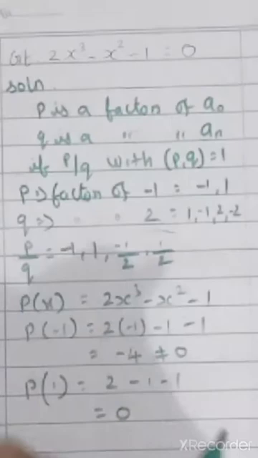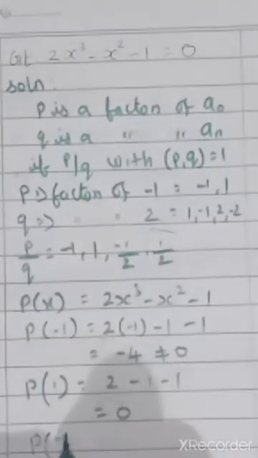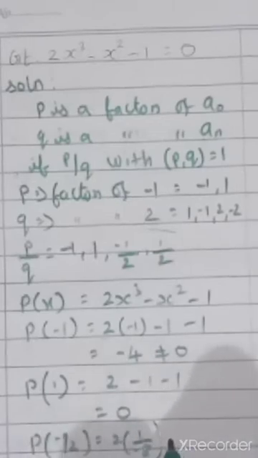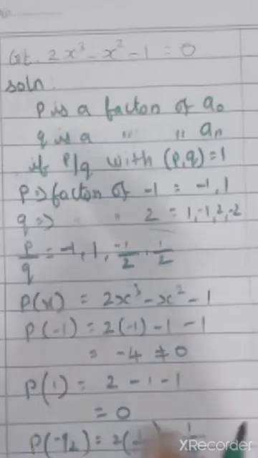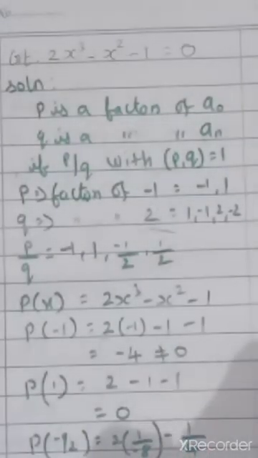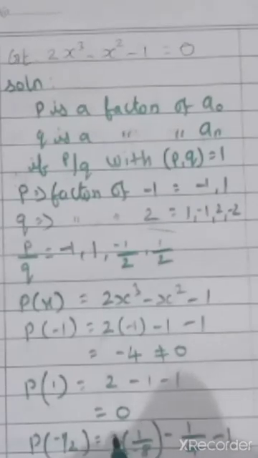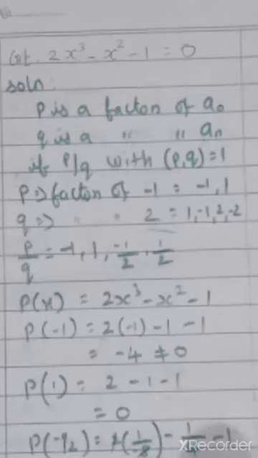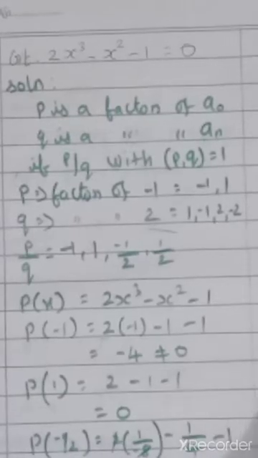Next, what value can we take? P of minus 1 by 2. So 2 into 1 by 2, 2s are 4, 4 2s are minus 8. Minus 1 by 2, 2s are 4. Minus 1. If you simplify this and cancel, 4 2s are 8. So what answer will you get? Minus 1 by 4 minus 1 by 4 minus 1. Is this equal to 0? Definitely it is not equal to 0.